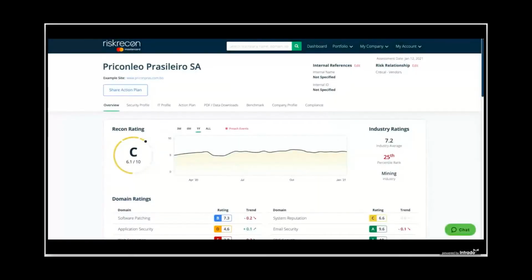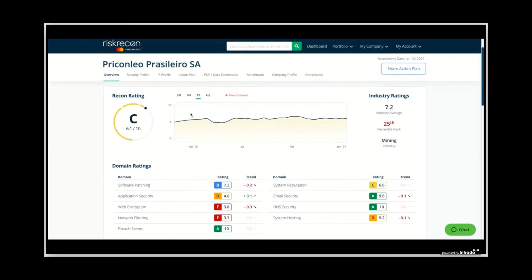So now we'll talk a little bit, obviously went through in some detail, the information that we provide, how we collect it, how it gets used. What we're looking at now is the view of an individual company report within the RiskRecon portal. So what you're seeing here, company name, a number of different elements across the top, but we'll jump right in in the interest of time and talk about some of the specific information that we present and how that information gets